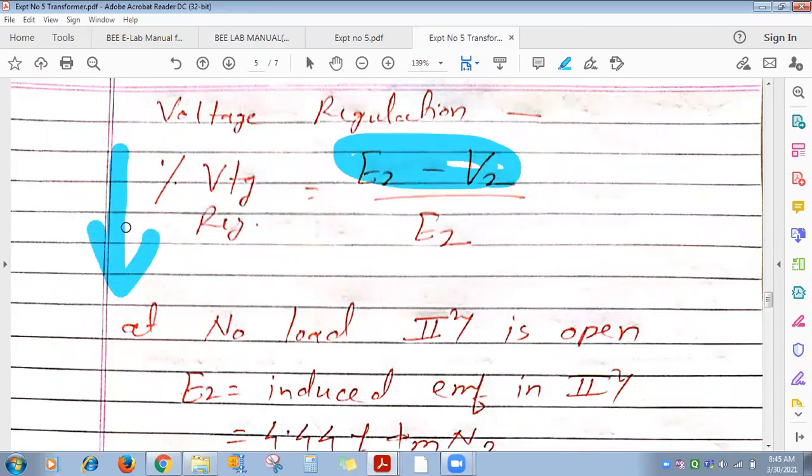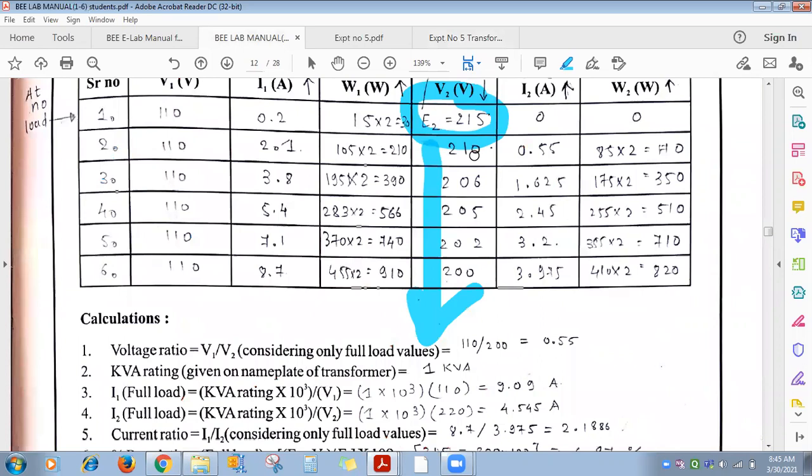Means this change in voltage from no load to full load should be less, and that's why voltage regulation should be less. And what is the ideal value of voltage regulation? 0%. Like efficiency, what we expect, efficiency should be maximum, 100%. Practically we don't get it. Same is the case with voltage regulation. Change in voltage across load should be very less. Obviously the ideal value of voltage regulation is 0%, but it can never be 0. Practically this does not happen because some voltage drop will be there across the copper winding resistance of the secondary winding, and that's why voltage across load will never be constant.